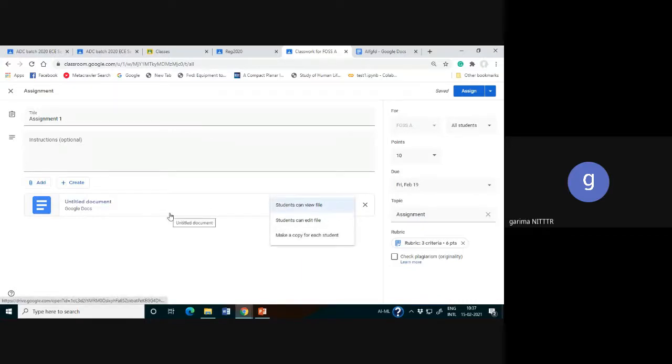If you want your student should edit that particular file, you are sending this information to a particular group of the students, and you want that they should edit that file, they should add their comments also, they should add something additional into that. So you can click this particular setting that student can edit that file. And third is make a copy for each student. So there are different settings when you create a Google Doc assignment, and as per your requirement, you will set these settings, and finally you are assigning those settings. Clear? So this is using Google Doc with the assignments.